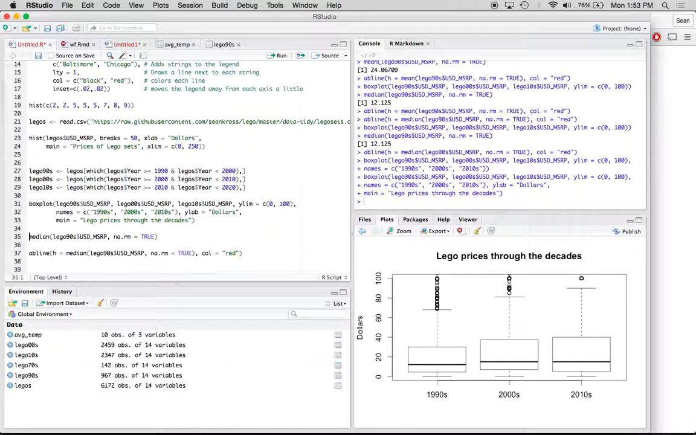Okay, so that's the basics of box plots. Do you guys have any questions about that? Yeah, the function of